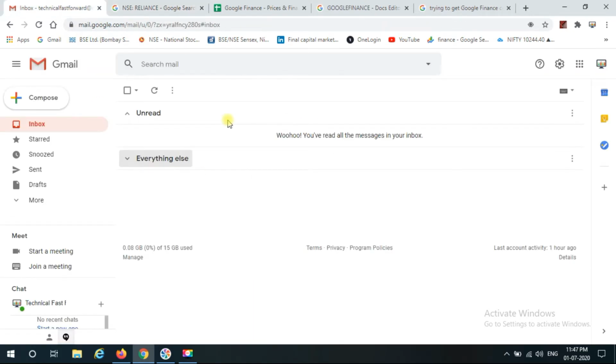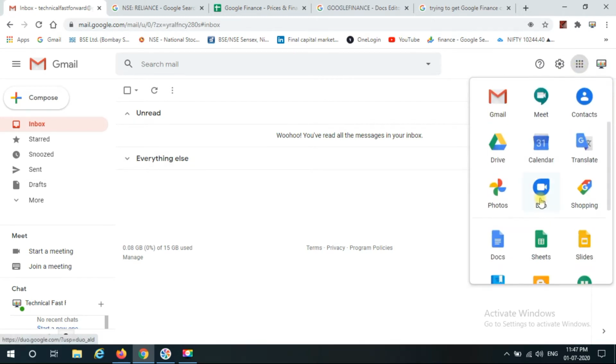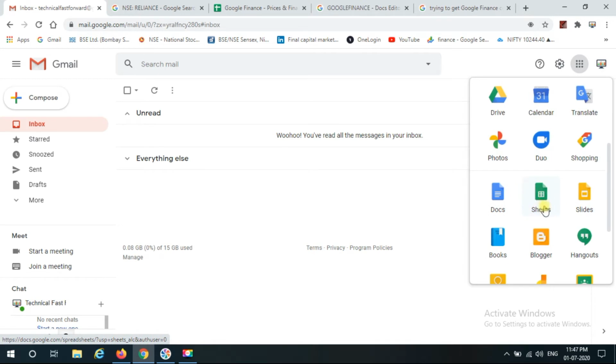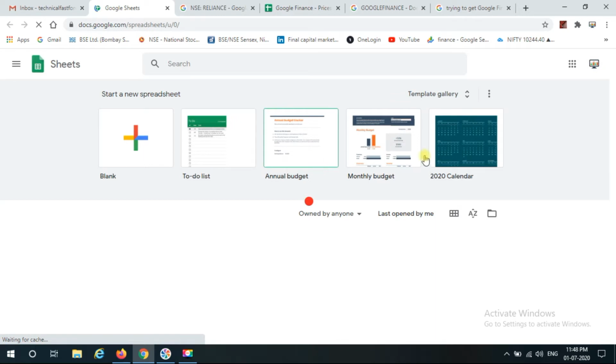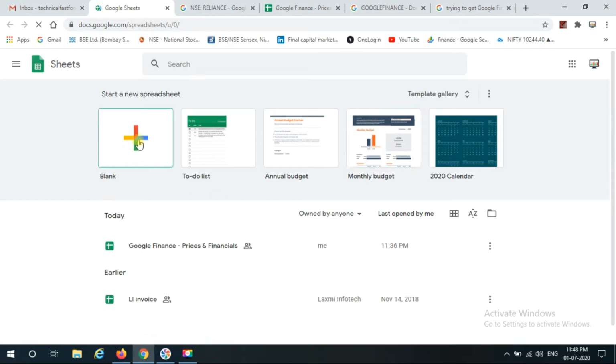So this is my Gmail account. I'll go over here to Google Apps, scroll down, and you see here Google Docs and here's Google Sheets. I'll click on Google Sheets. Once the sheet is loaded, I'll click on a blank one.